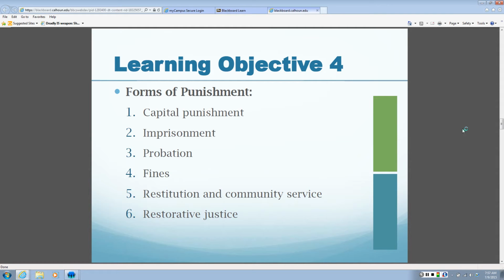And let's say the judge says, I'm going to suspend that and I'm going to put you on probation for 7 years. And let's say during that 7 years, 6 years out of that 7, you've done everything you're supposed to do. And let's say something happens during that 7th year, that last year on probation, and you get arrested. They violate the terms of your probation, and the judge could send you to prison for 10 years